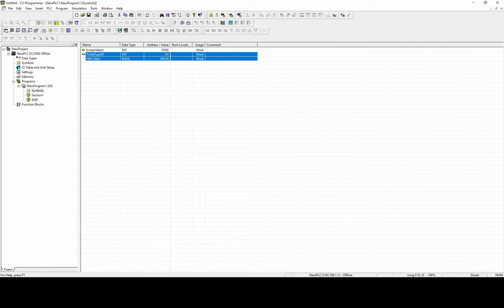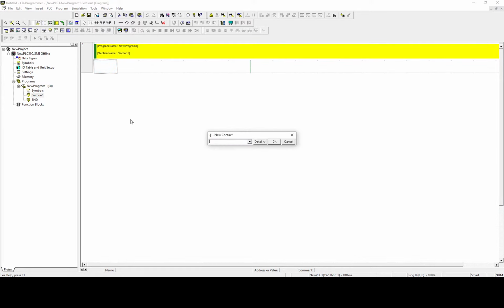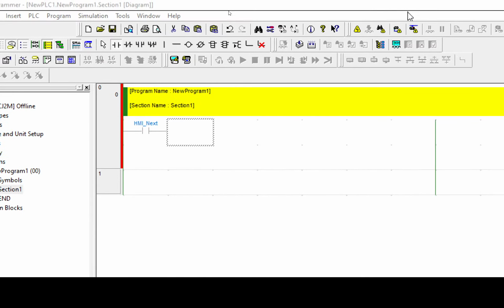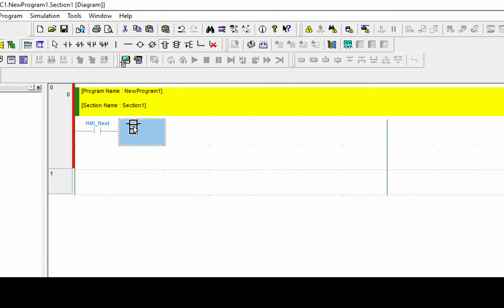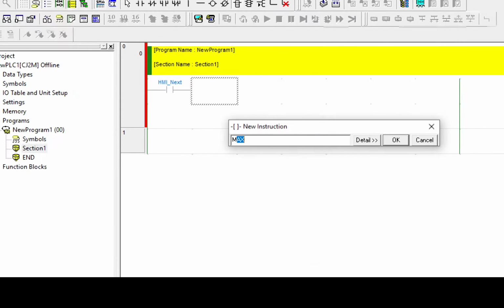So let's get back into my code. Very straightforward code here. It's going to be if HMI, so my input is HMI underscore next. That's my contact, and all we're going to do is move the screen. So it's going to be the move command, MOV